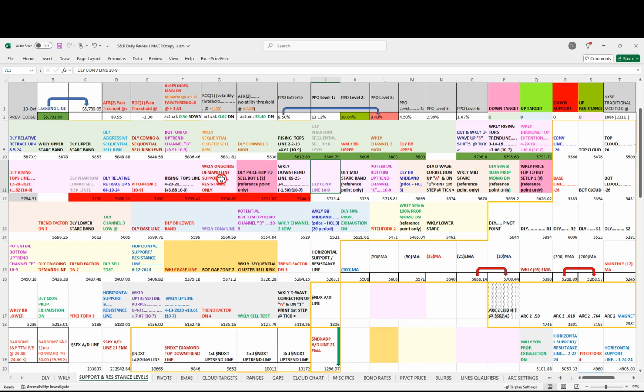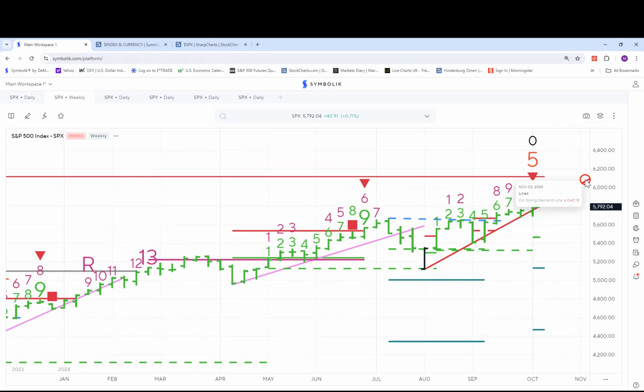And then the weekly ongoing demand line, which we use for support and resistance only. And that's right here. I made it solid to look like a line, and that started back here August 4th. It's been pretty good support, and that's where it ends up current day. And it was actually qualified, but we don't qualify or confirm it in the weekly chart, but it did gap down below it here in the beginning of the week and then recovered, and that's where it sits today. Tomorrow, Friday, is the last day. And if it stays above it, then it will be that level next week,